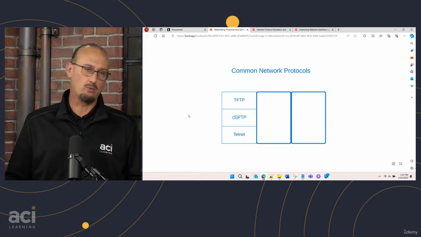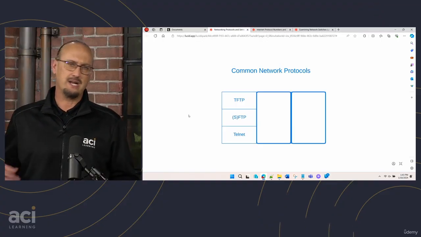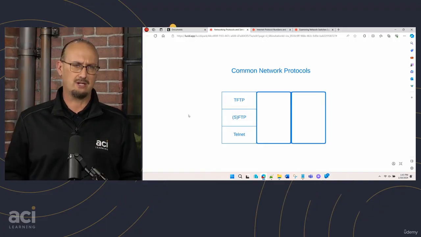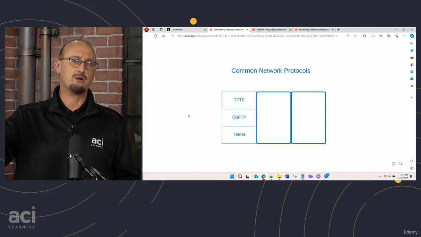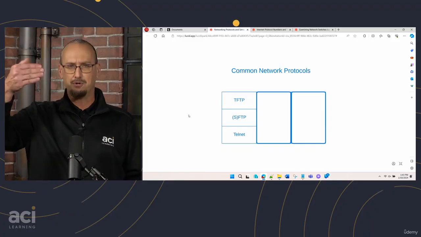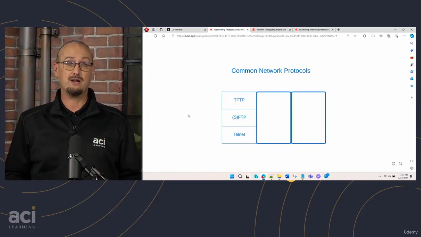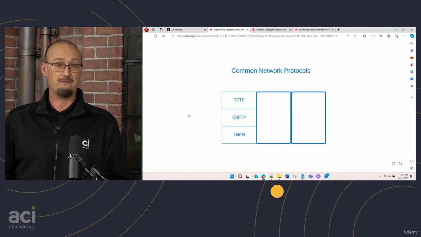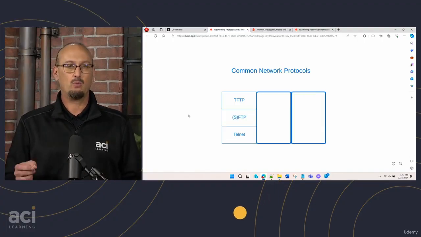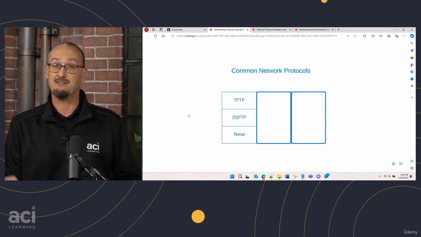Let me give you an example of where we use this. When I worked at New Horizons Technical Training Institute years ago, we had a bunch of thin clients set up, and we had a main server that all of those thin clients would connect to, and they would pull down a config file. That config file would come down to the local thin client and set the session up for that time, but it was done over TFTP. Why? Why would you use an unreliable protocol for something that's a file transfer?